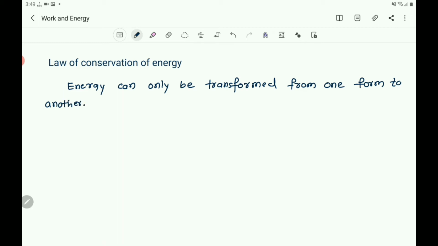It can neither be created nor destroyed. The total energy